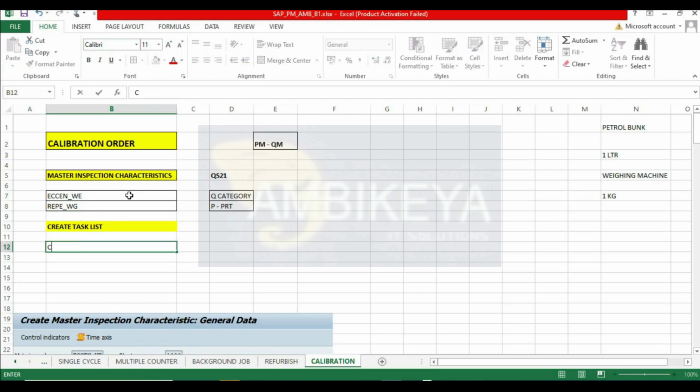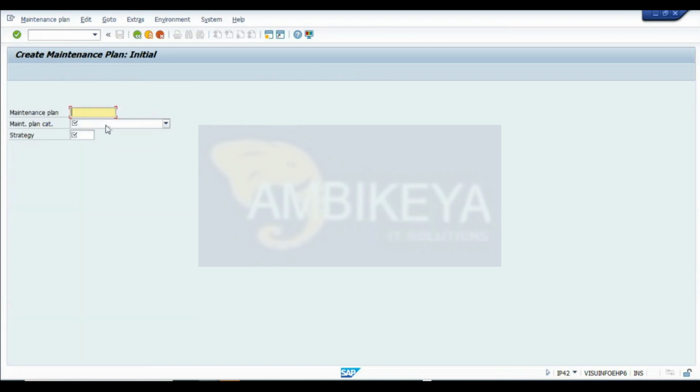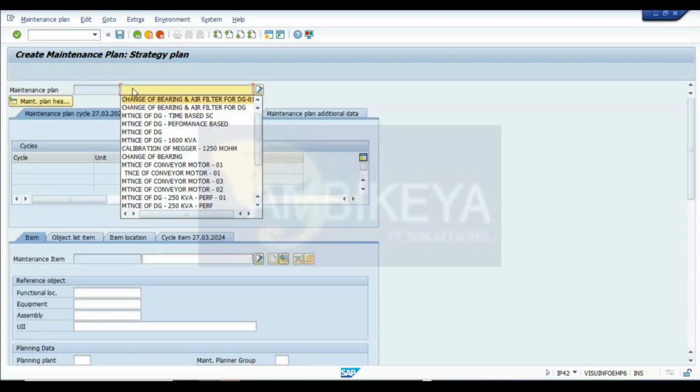Okay, here create maintenance plan. In it, we used to create a strategy; apart from that, maintenance is created here, that's all. Like IP42 strategy plan. Okay, go for maintenance order, go for strategy, enter what kind of